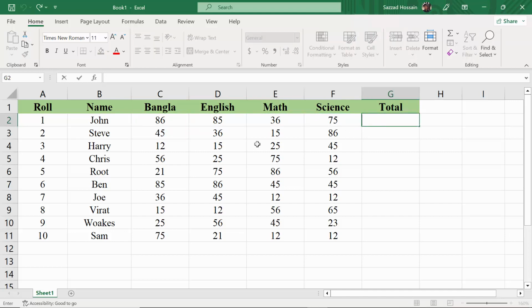So you can do this in many ways. Okay, let's see how we can do it. For example, if you want to add these four cells, how can you do it? You have to write equals,